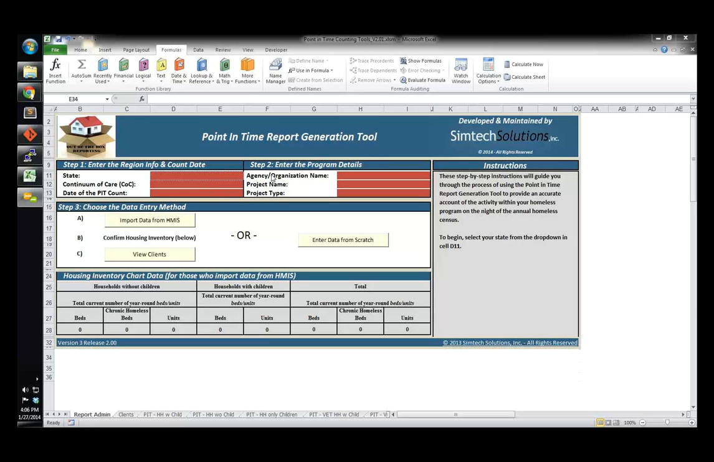For those of you who have used the APR generation tool, it may look a little familiar. There's also an Excel-based tool, so all you need is Excel 2007 or greater, and the tool will run just fine on it. When you open it up, on the first tab that will be available is this Report Admin